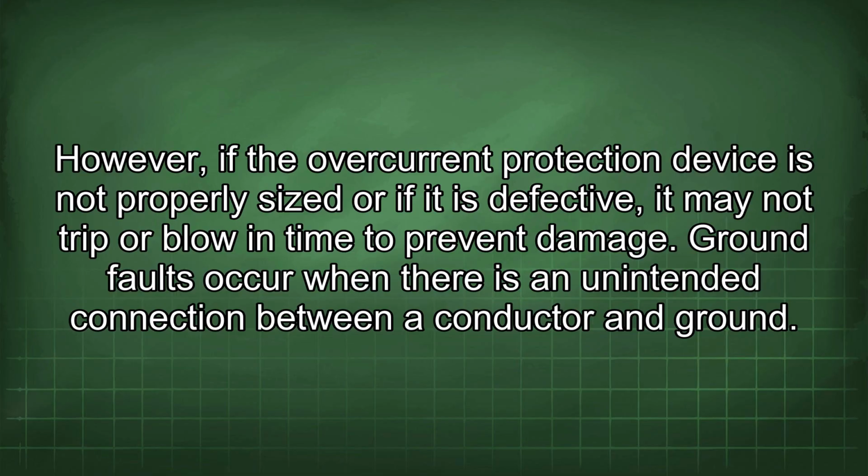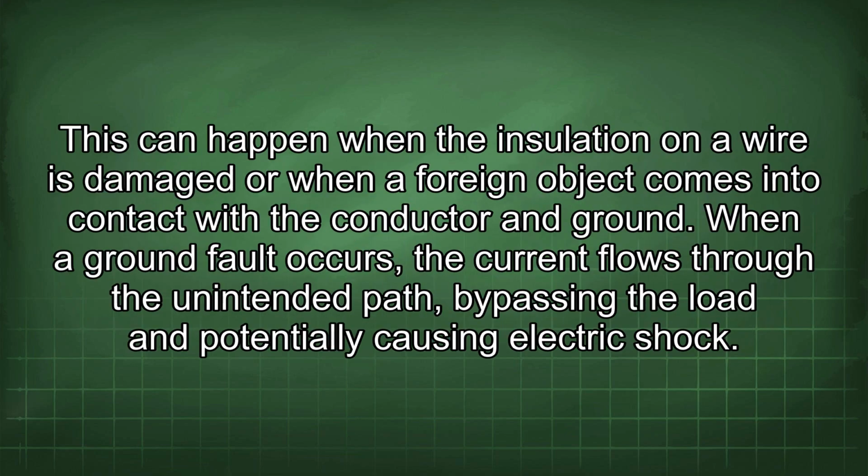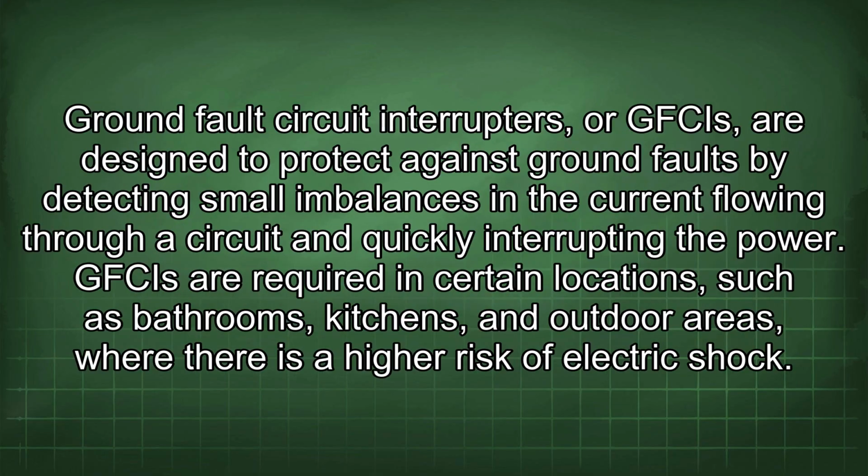Ground faults occur when there is an unintended connection between a conductor and ground. This can happen when the insulation on a wire is damaged or when a foreign object comes into contact with the conductor and ground. When a ground fault occurs, the current flows through the unintended path, bypassing the load and potentially causing electric shock. Ground fault circuit interrupters, or GFCIs, are designed to protect against ground faults by detecting small imbalances in the current flowing through a circuit and quickly interrupting the power. GFCIs are required in certain locations, such as bathrooms, kitchens, and outdoor areas, where there is a higher risk of